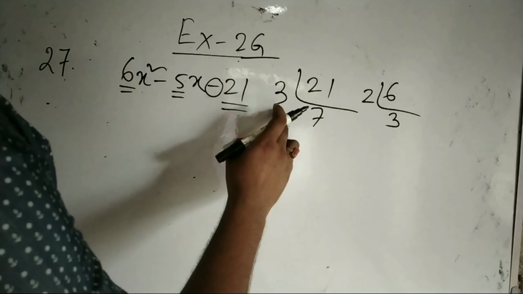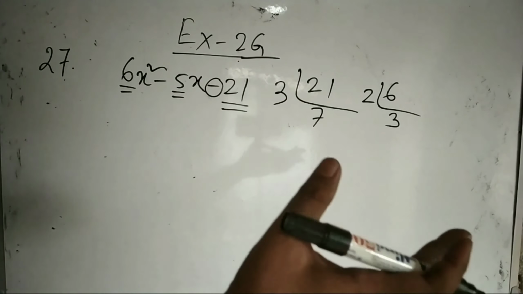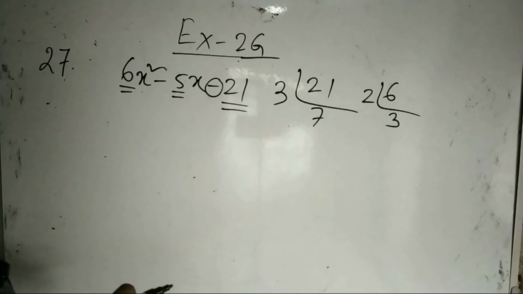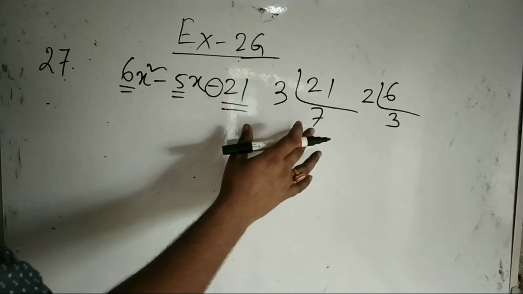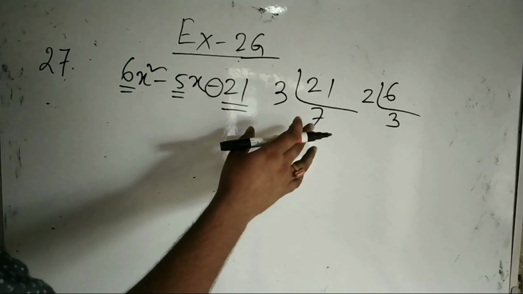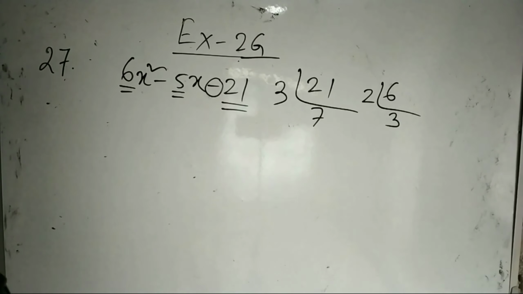So what are the total factors? 3, 7, 2 and 3. You can just check by multiplying 21 and 6, then factorizing; you will get 2 3s, 1 7 and 1 2 only. Now look, these are the factors which we have in our hand: one 3, one 7, another 3 and a 2. We have to make 5 by using these factors and combining them.